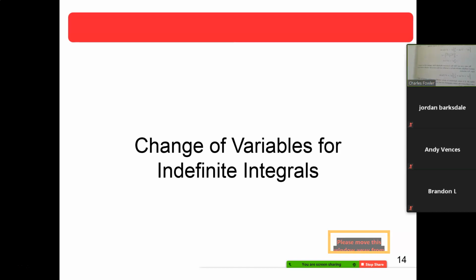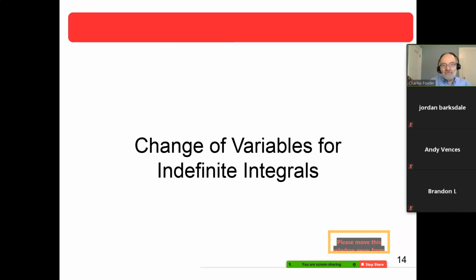But they say the constant you can pull out is only constants. You can't pull out a 2x. You have to pull out a 1 over 2 only. The only thing you can pull out is numerical values, not variables. Just remember that. All right, so that was example 3.